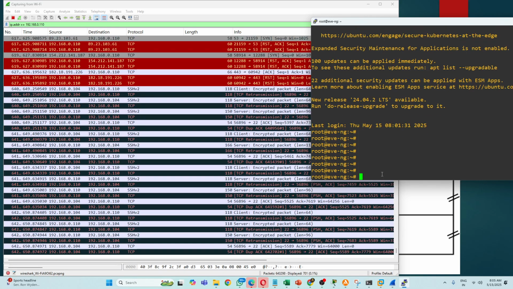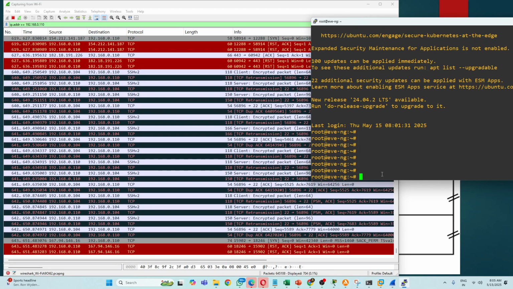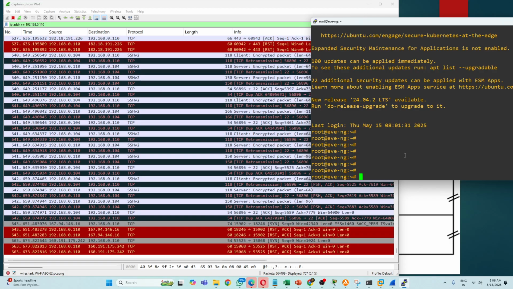I'm clicking enter, and it is quickly displaying in the EVNG server because my internet connection is very fast. Whatever instructions I give are quickly displayed on the remote device with the help of the push flag. In an interview, they will ask you when the push flag will be set. You can tell this example: in any remote connection, like AnyDesk or SSH login, the instructions you give at your local computer are immediately applied on the remote.